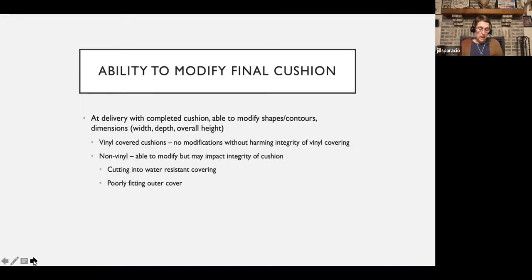The ability to modify the final cushion. I asked this question of the manufacturers just because I was curious. I've always felt that if I do a really good shape in my shape capture and the manufacturer provides exactly what I have ordered, I should be pretty good. However, there are sometimes where things change in between that shape capture process and the delivery. And sometimes we can't